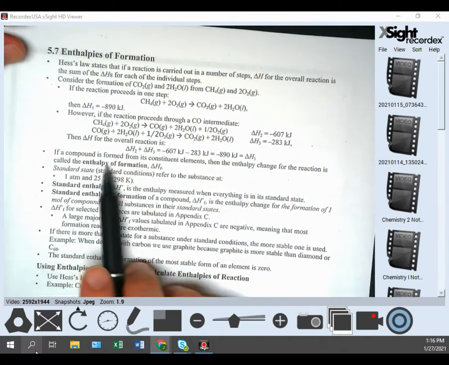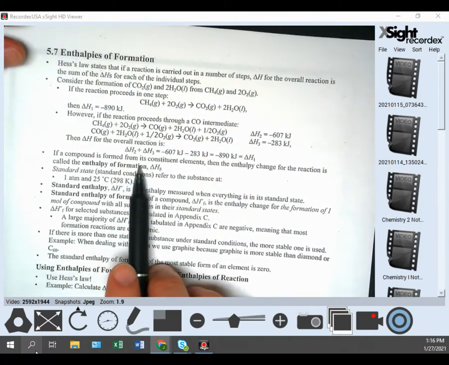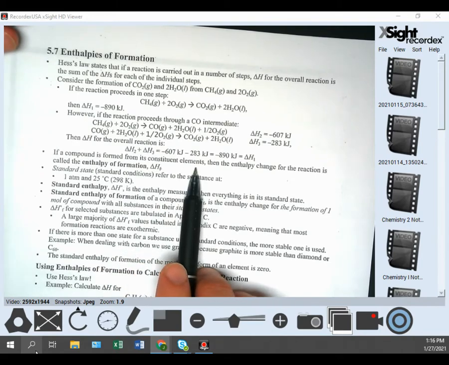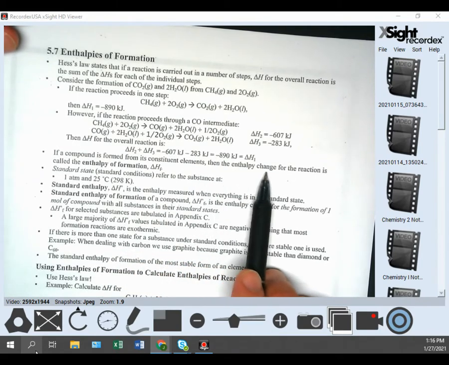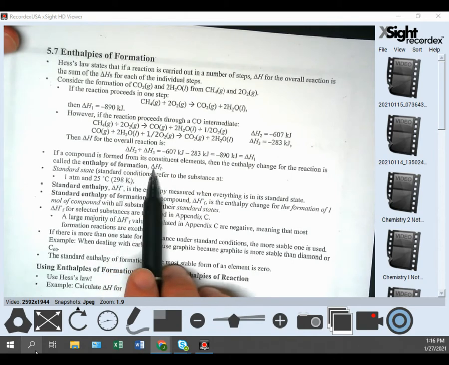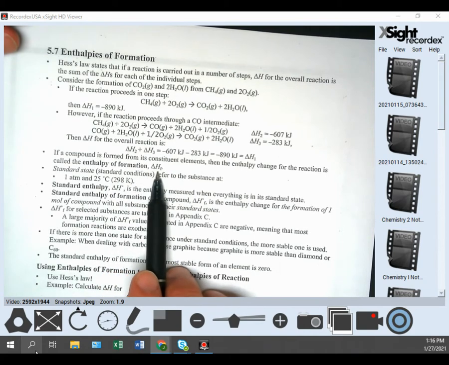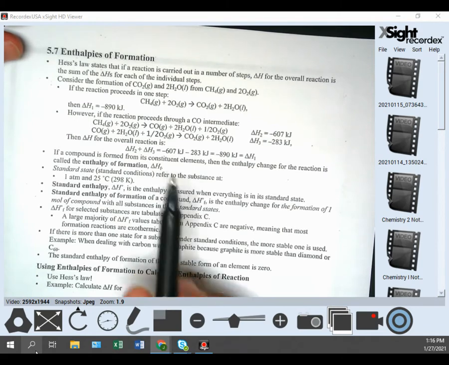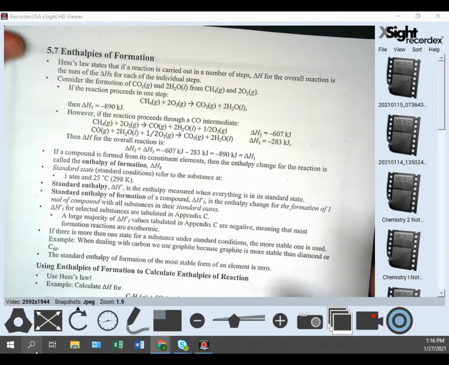If a compound is formed from its constituent elements, then the enthalpy change for the reaction is called the enthalpy of formation, or delta H sub F. All right, so what this means is